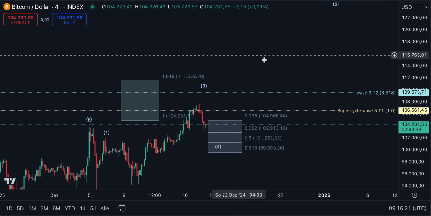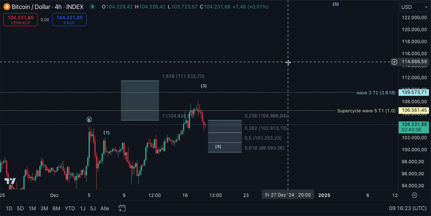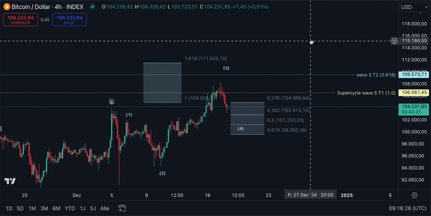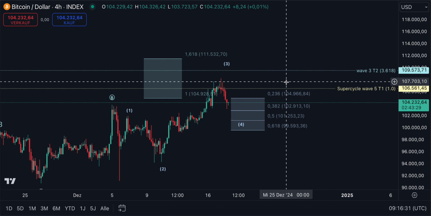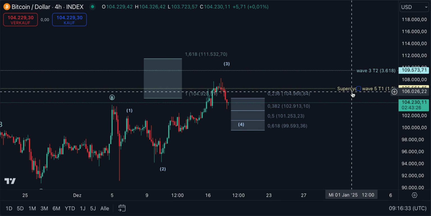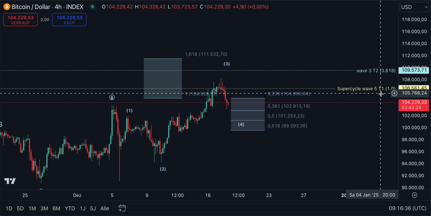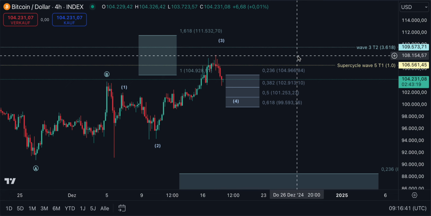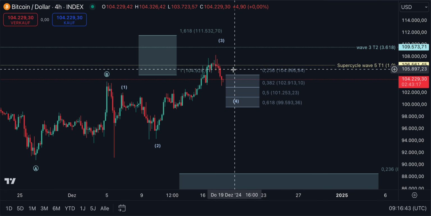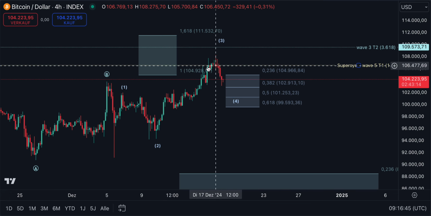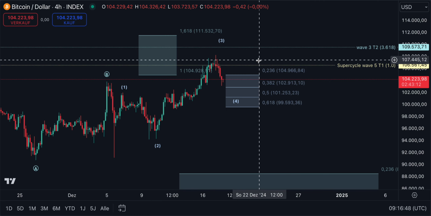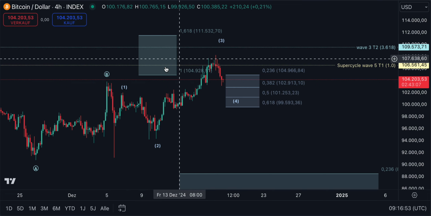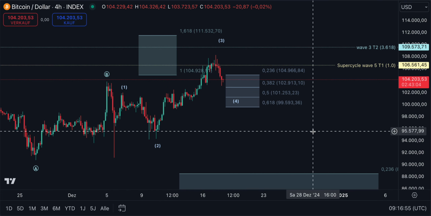But now what I just wanted to say is we are in an area where we, at least us, are starting to get careful as to being in a topping area because, as you can see, super cycle wave 1, target 1 is the first target, which would be a valid endpoint for this entire bull market. We don't think the bull market has ended just yet, but this is sort of where we're starting to say, in theory, this would be technically a valid structure now where we could turn around and start the bear market.